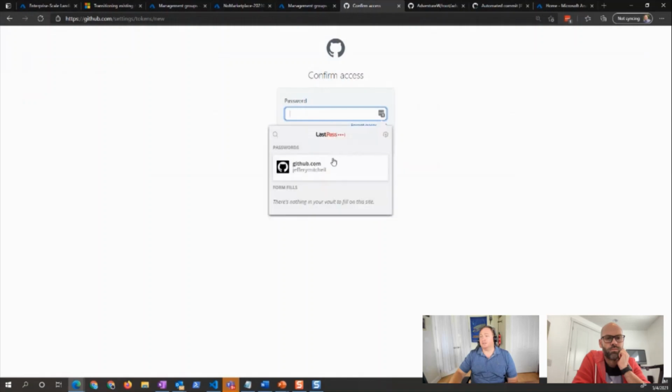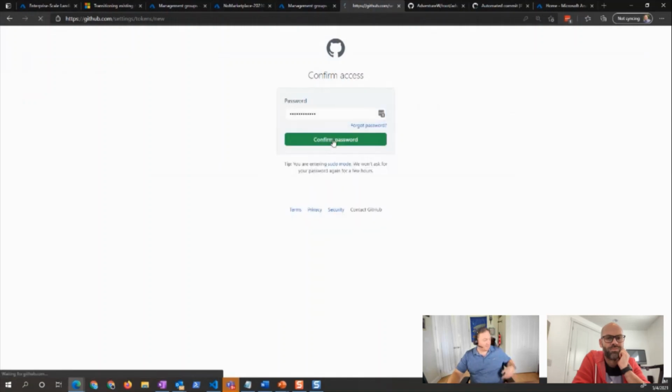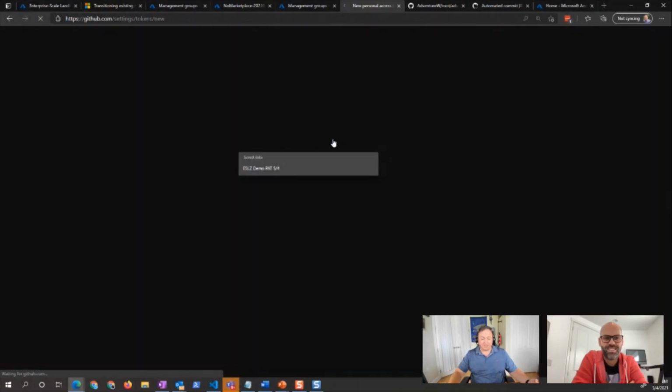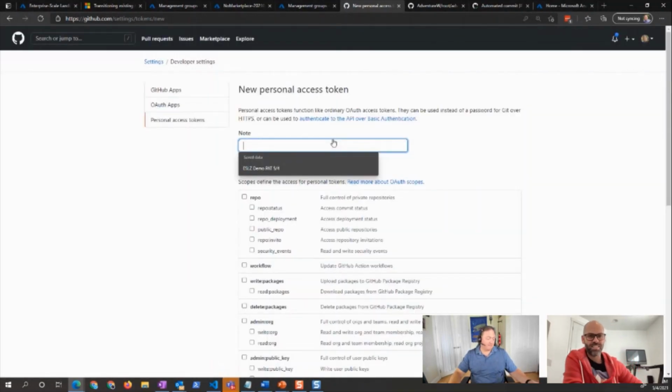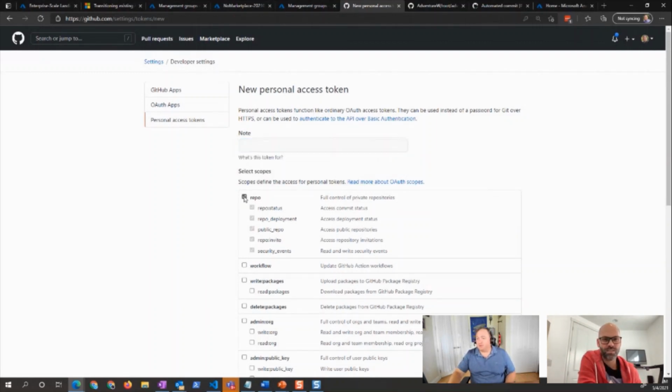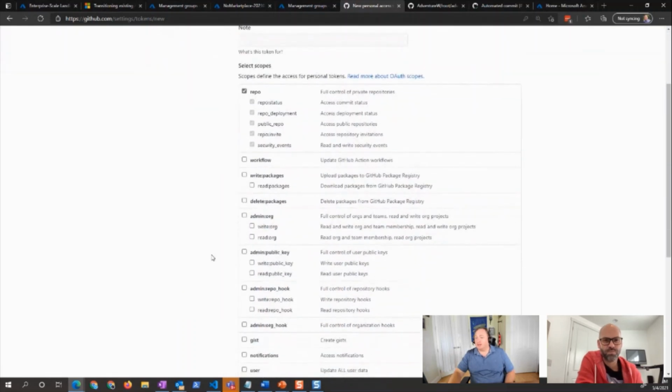I think I'm actually going to have to do 2-factor on this too, which is a good thing. This is best practice, right? There we go. Okay, fantastic. So first permission, repo, and then our next permission here is for the admin on the public key,